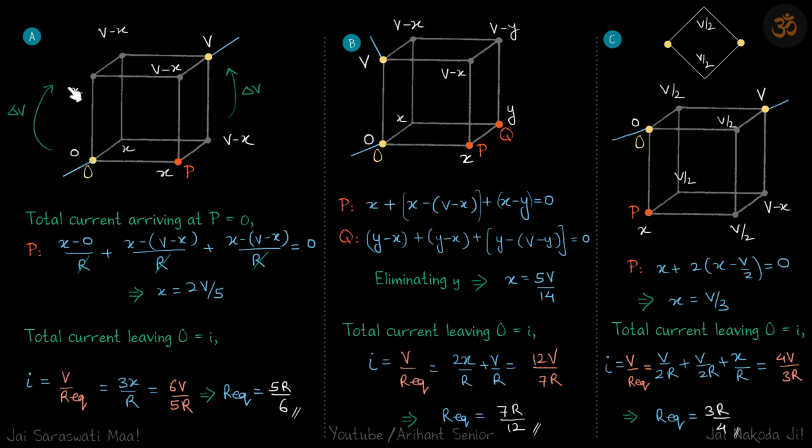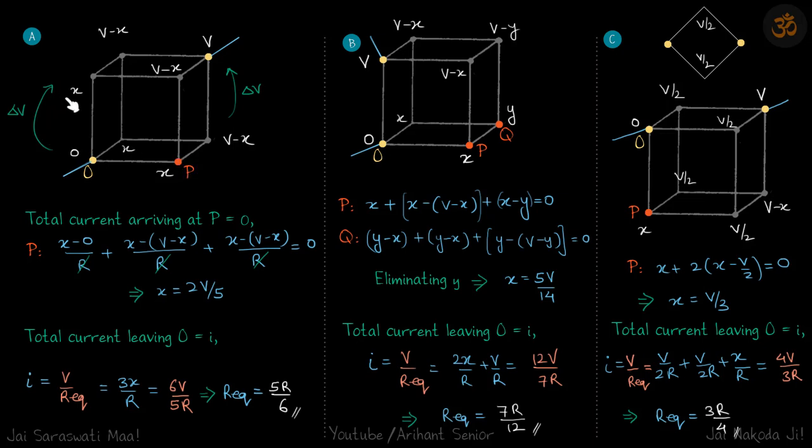So the voltage drop across here is equal to the voltage drop across here. I'm using the term drop, but in this case it's a voltage increment, but you get what I'm saying. So the voltage difference is going to be the same because the current in both the branches is going to be the same by symmetry. So let's say the voltage of this point is X. These 3 points are perfectly symmetric with respect to O. So this is X, this is also X, this is also X, the voltage of these 3 vertices.